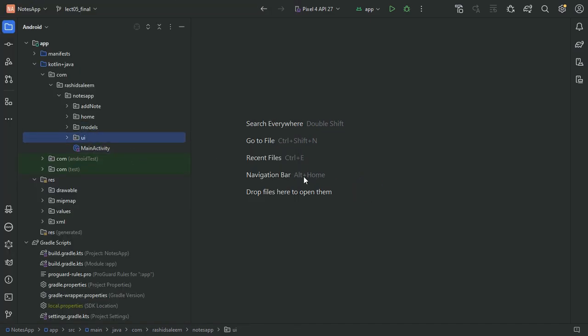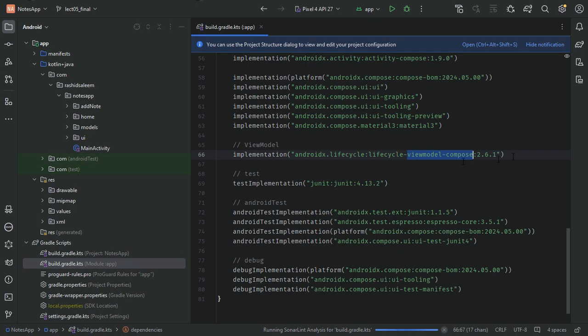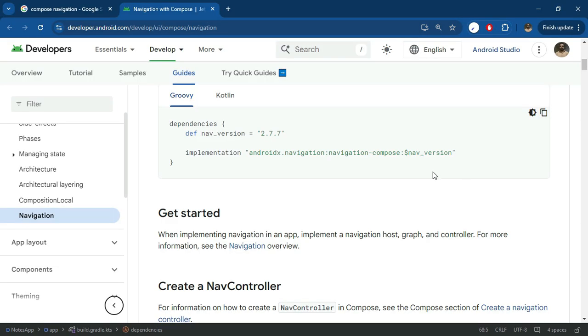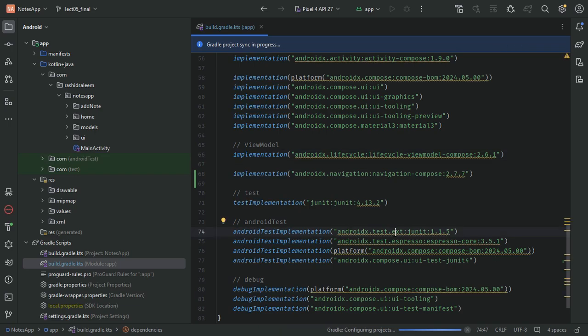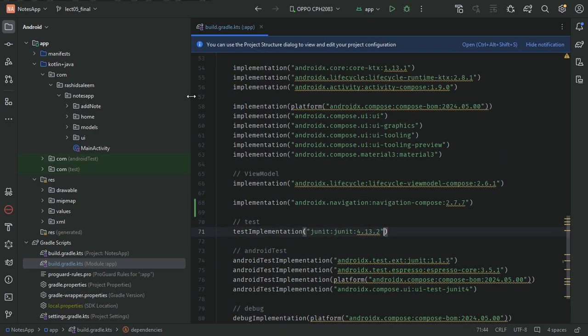For that, first of all, we need the Compose navigation library, which we need to add to our project. Here we need to add this Compose navigation library. You can also find this link in the video description below. Version 2.7.7. Okay, so after syncing the project, we go to our